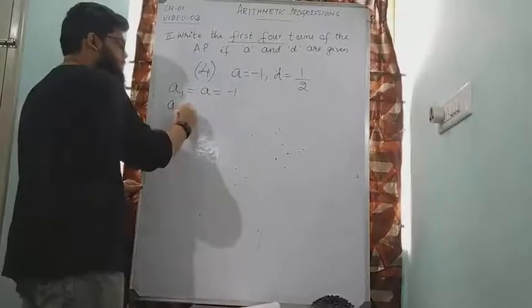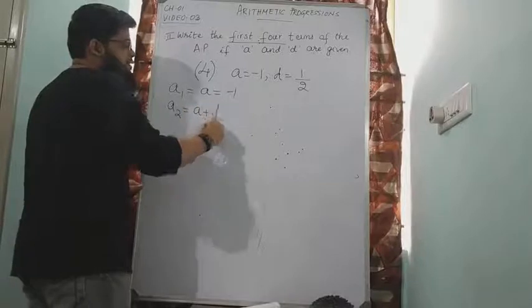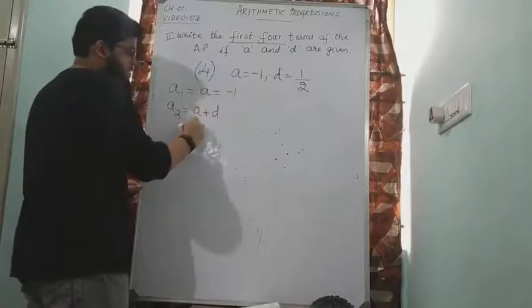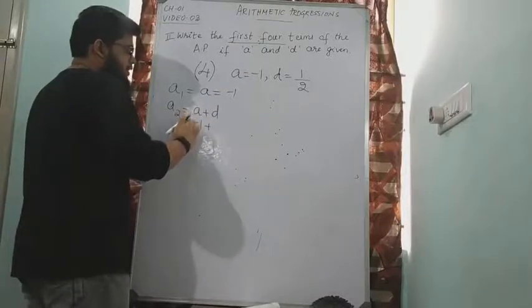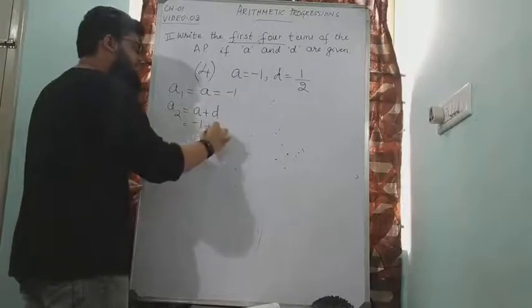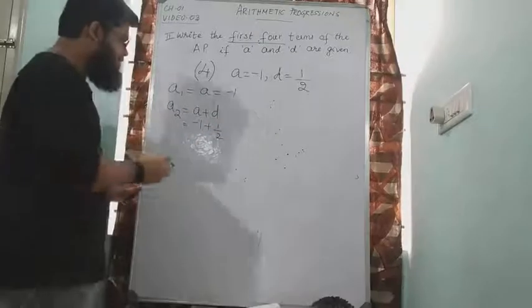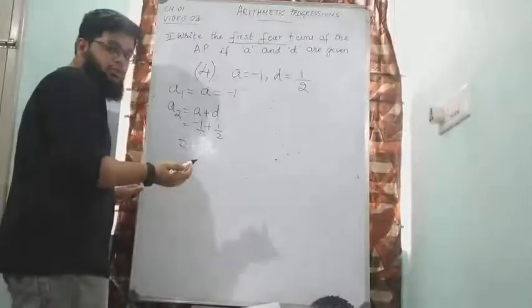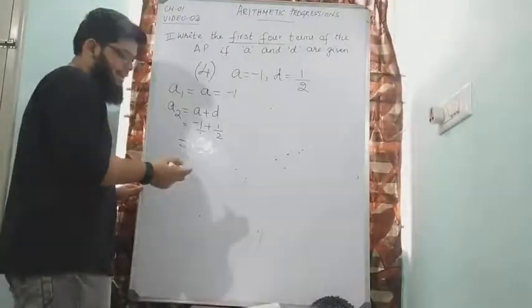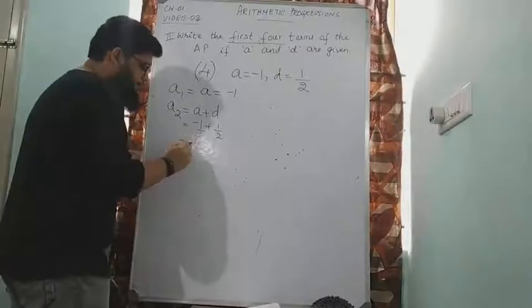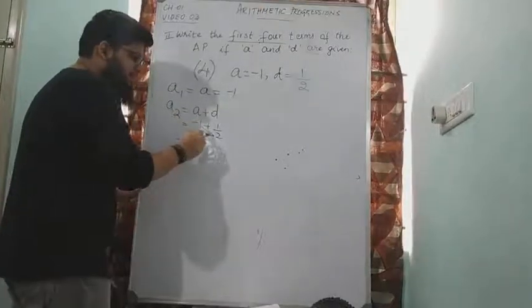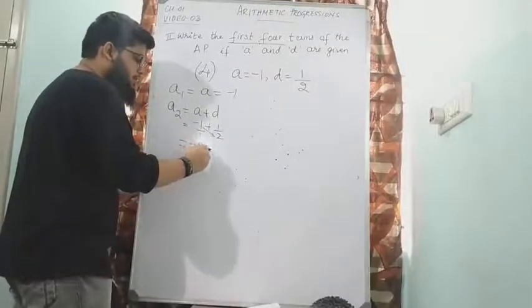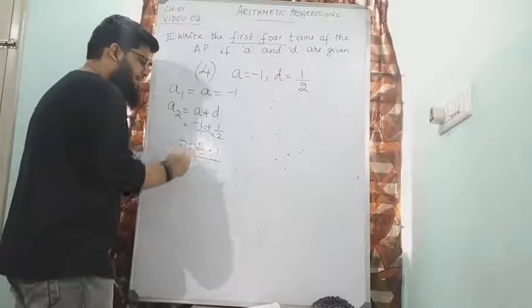Value of A2. A2 is given by A plus D. A is minus 1 plus D is 1 by 2. Now if we get something like this, we can take this denominator as divided by 1 and then do the cross multiplication. Or if you want, you can also take LCM. How do we do it? Put minus sign, then multiply 1 into 1 2s are 2 plus 1 1s are 1 divided by 1 2s